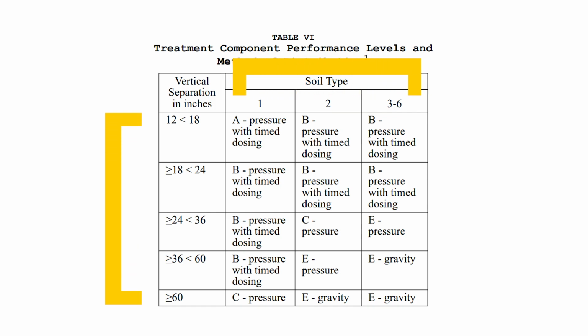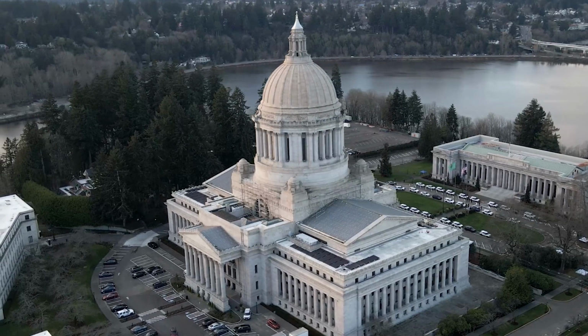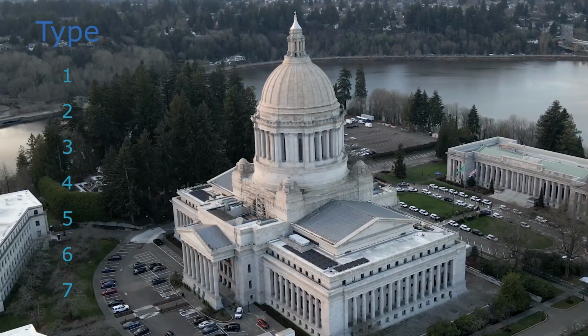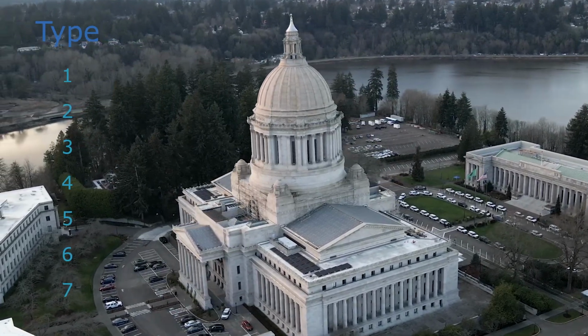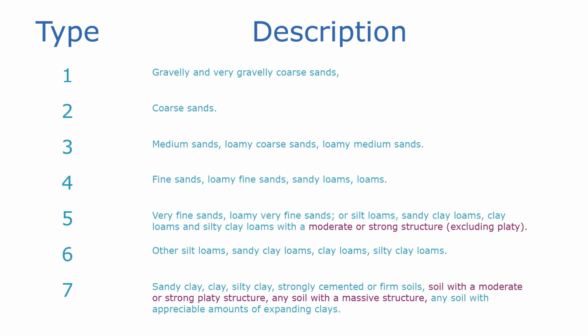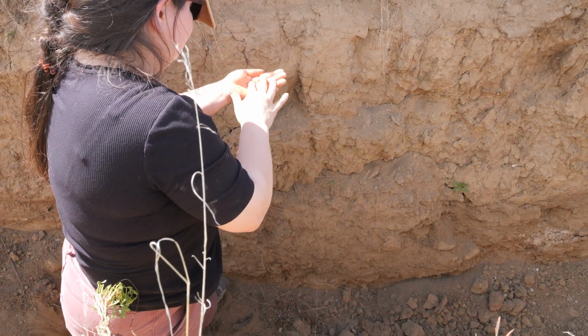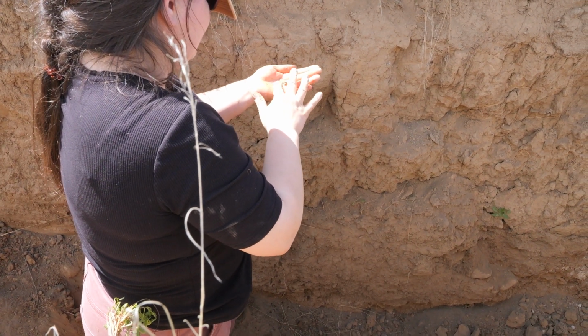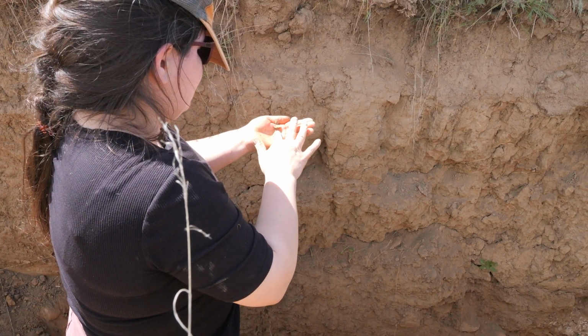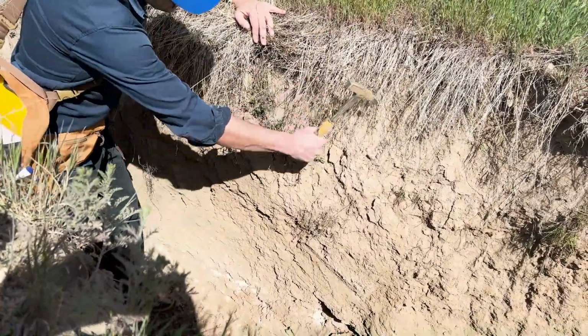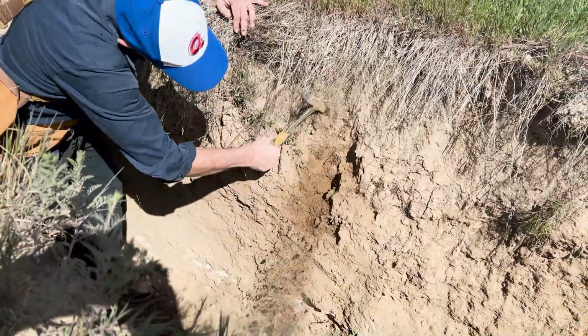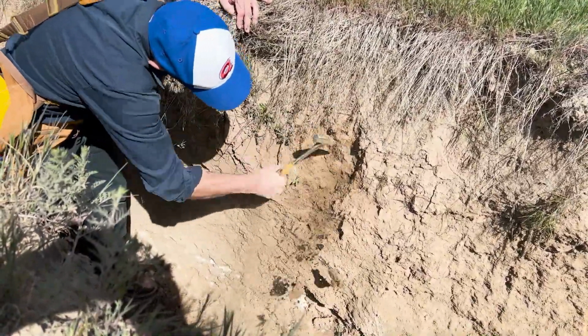Washington State's on-site septic regulations have 7 soil types that determine what kind of septic system can be installed. Soil types are described by their structure, texture, and how much is considered gravel or rock. So on-site septic professionals must learn how to determine each of these to do a proper site analysis. To do so, you have to dig a hole and get your hands dirty. But this video will be a good place to start, or to get a refresher on the most recent best practices. Check the description below this video for a full list of everything you'll need in your toolkit.